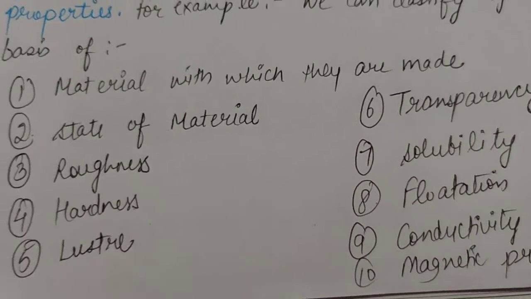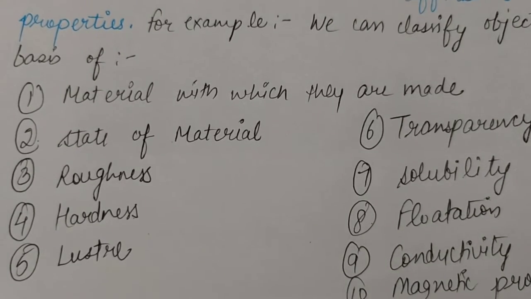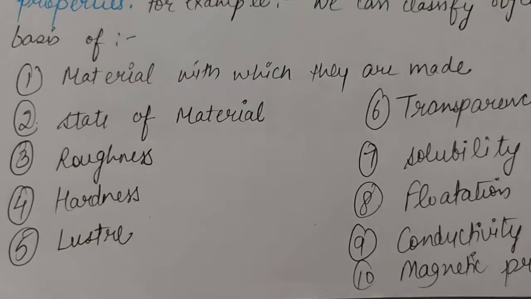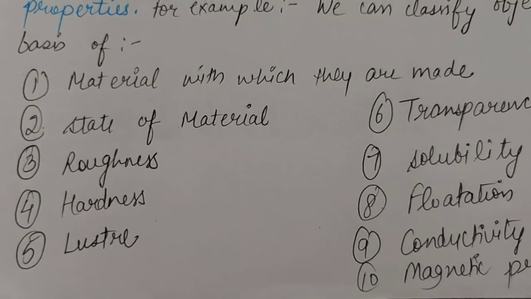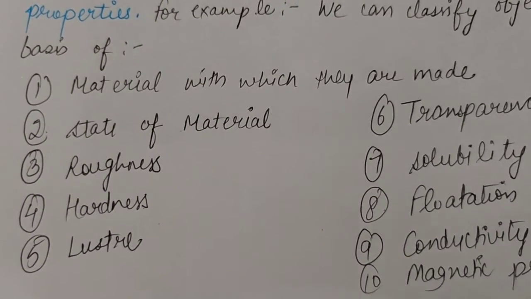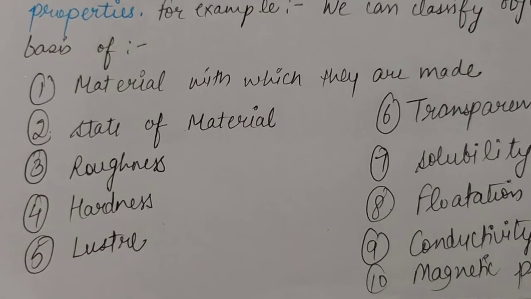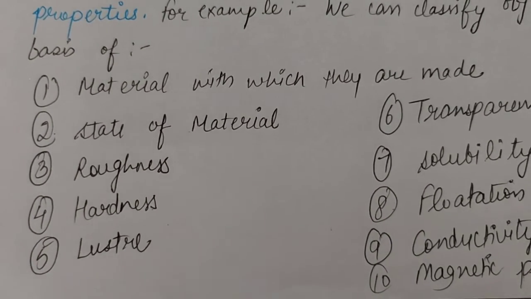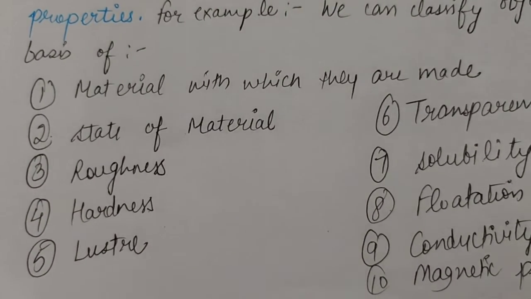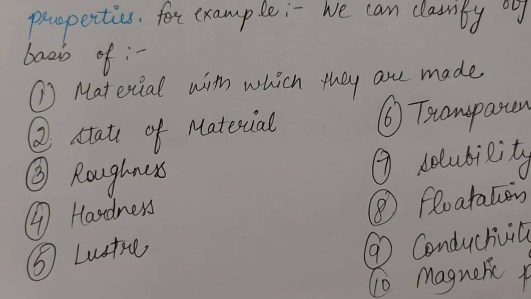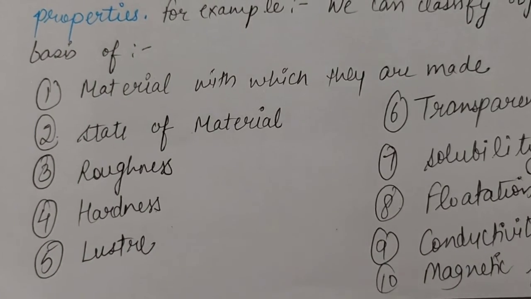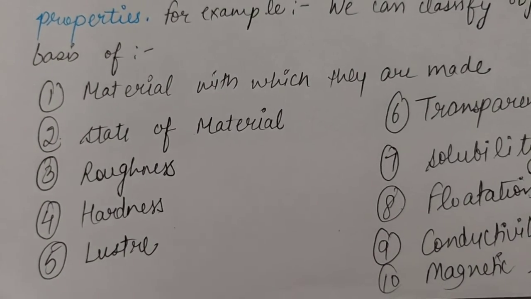Okay, students. So these are the different ways by which we can categorize the elements so as to make their study easy. We will discuss all these points in the next class. I hope that you have understood why sorting materials into groups is necessary, why we need to classify the elements. You can make your knowledge more clear by grouping the things around you into different categories, and we will discuss that in the next class.